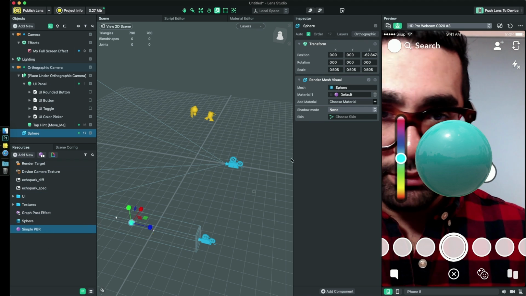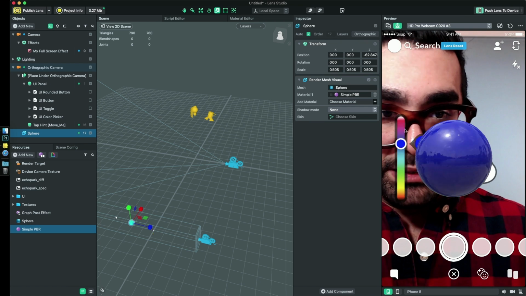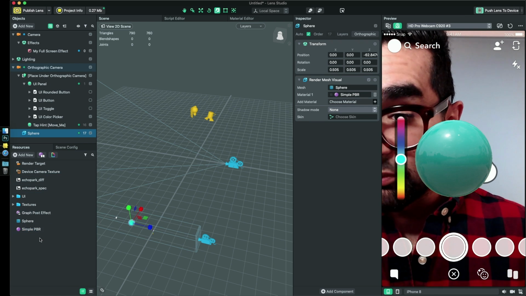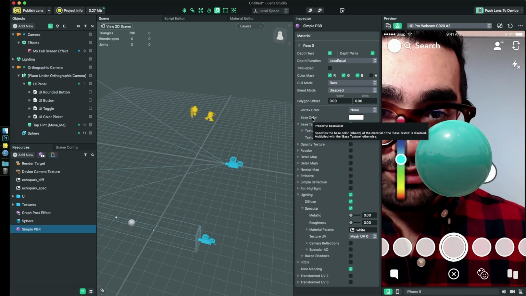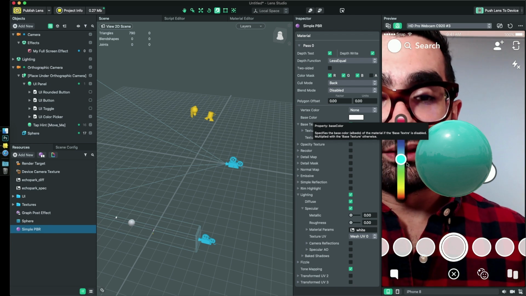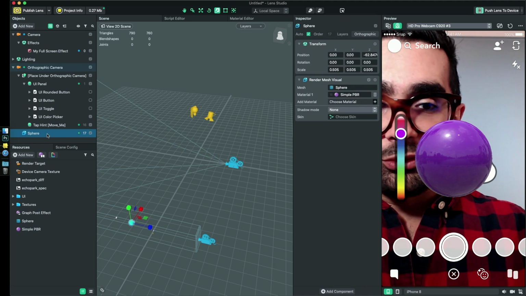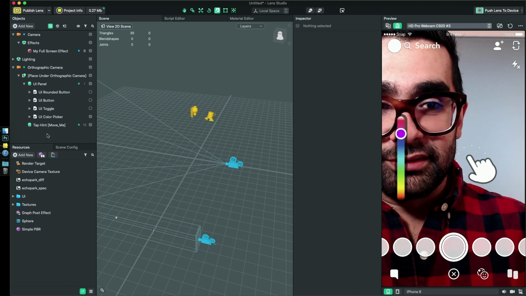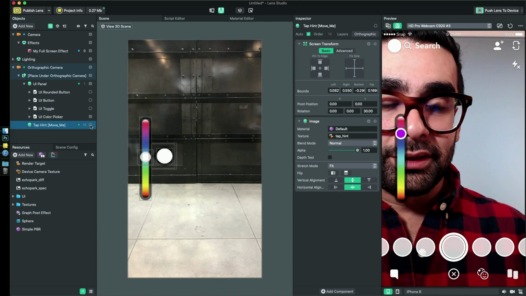Okay, and apply it to the sphere. You can see it's still changing color. So what does it do? It just looks for this value, which is called base color, and when it finds it, it changes the value based on the input of the user. So what we can do to take advantage of that, without using any code to change the color on the screen,